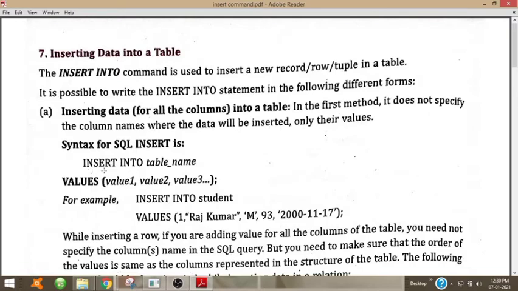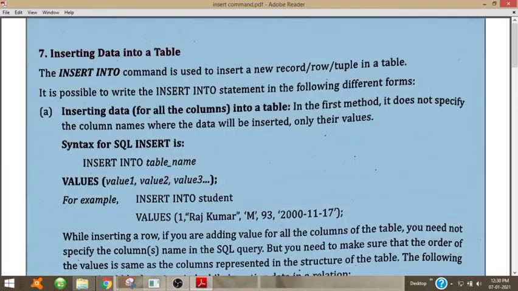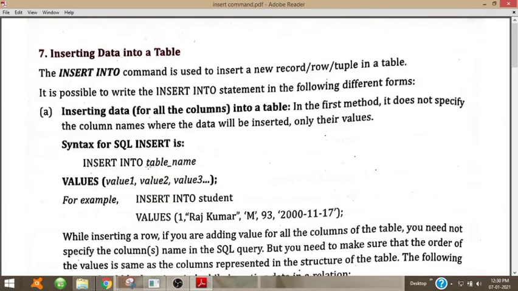insert into table name values, in brackets, the values for each of the columns. Each of the values should be separated by commas.